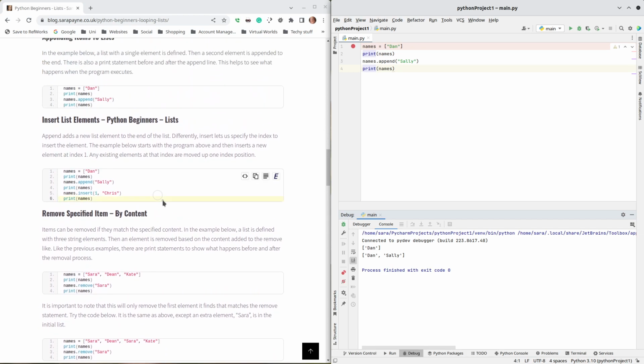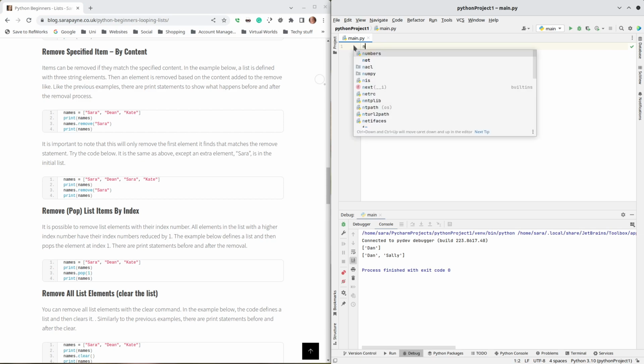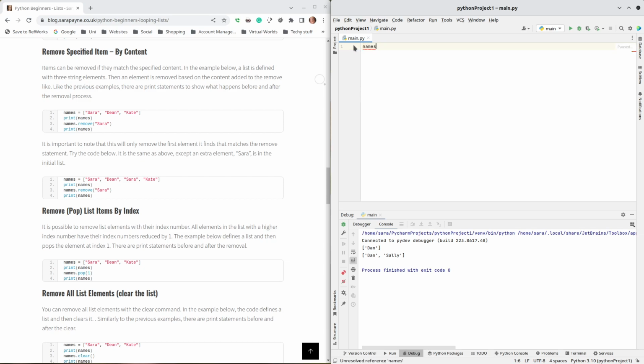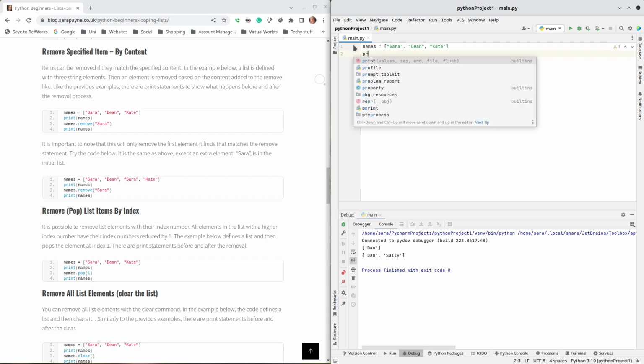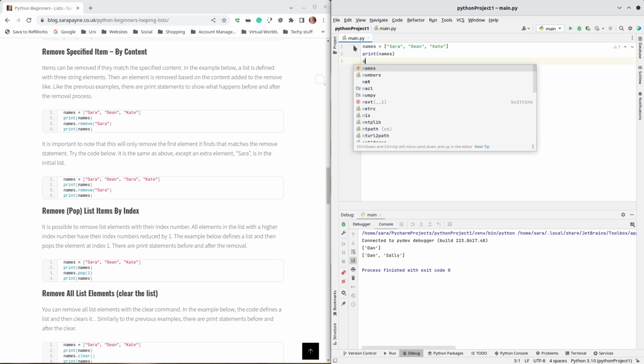Now, what happens if I want to remove that? Let's just do another example. So this time list names equals Sarah, Dean and Kate. Again, I'm going to print the names so you can see it both ways in case you're not using a debugger where you can step in. So print names,